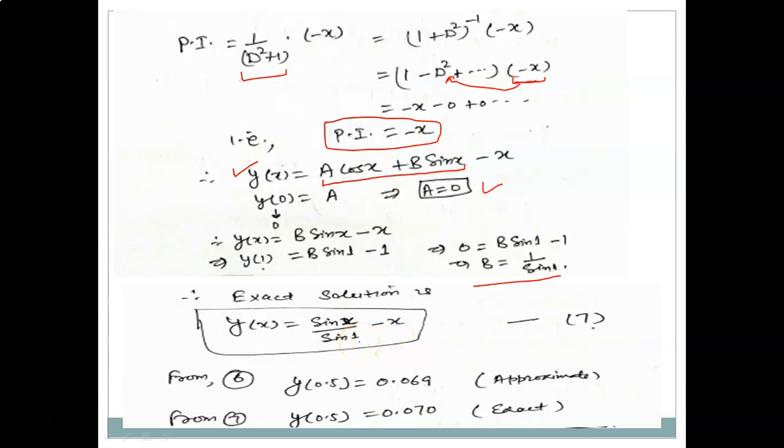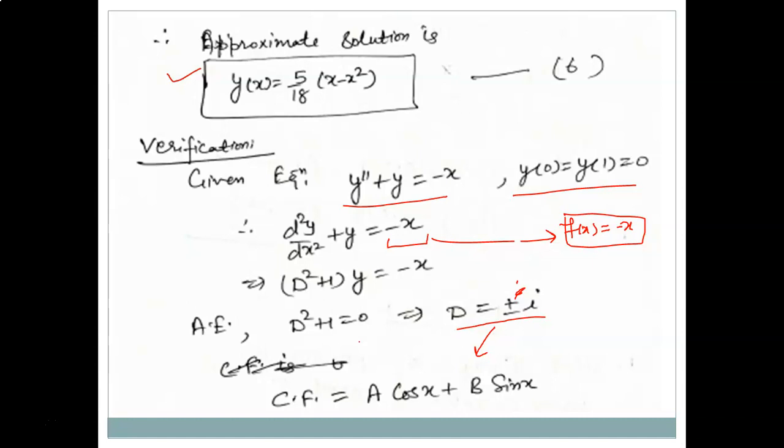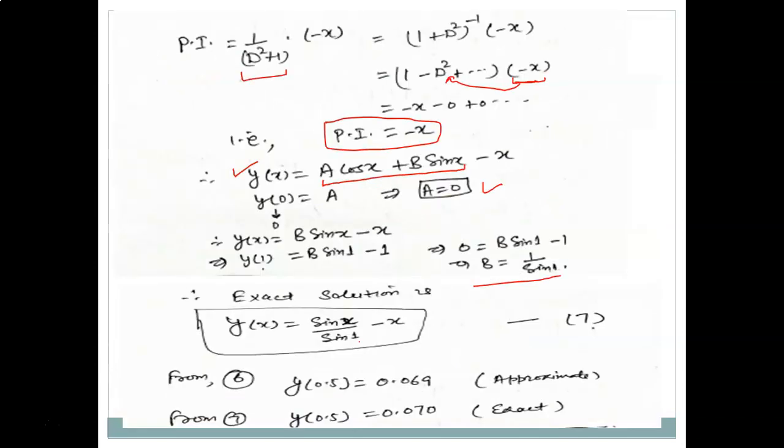So definitely the exact solution and the approximate solution in this case are different. Here we are doing a certain sort of verification, whether the approximate solution obtained in this manner is fine or if there is some problem. The form of the functional is totally different. The approximate solution is a polynomial type, and the exact solution involves the trigonometric function as well as the polynomial function. So let us check whether from these we can get the same kind of values.